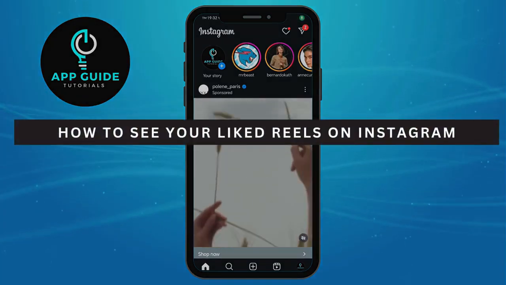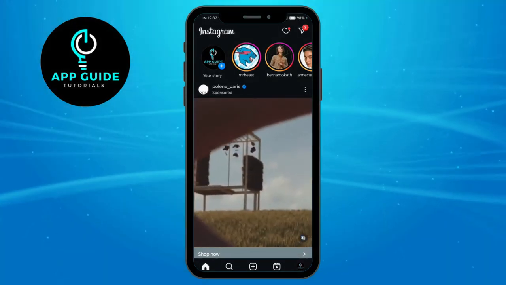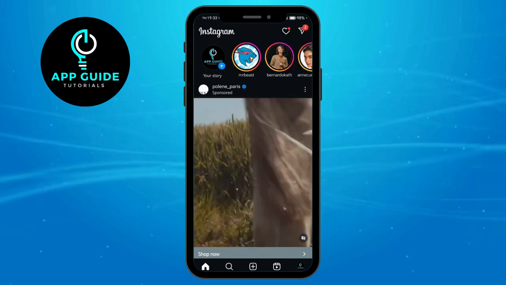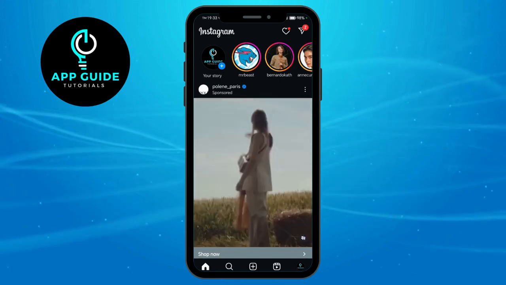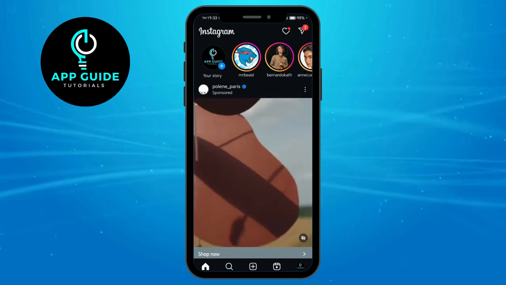How to see your liked reels on Instagram. Now, you might have liked or interacted with a reel that you can no longer see on your Instagram feed. Now, if you want to see the reels that you have liked on Instagram, all you have to do is